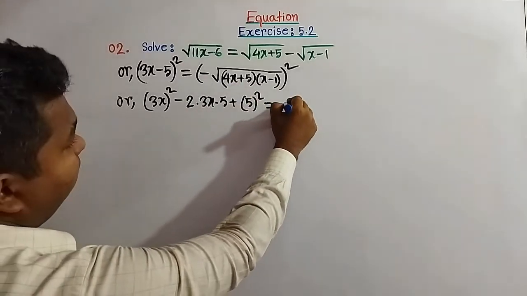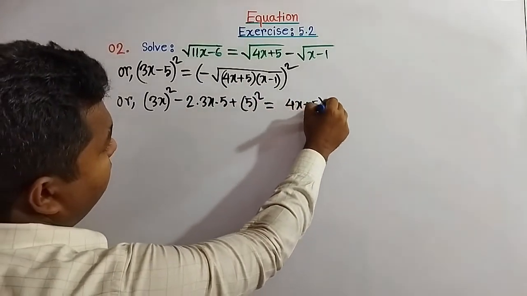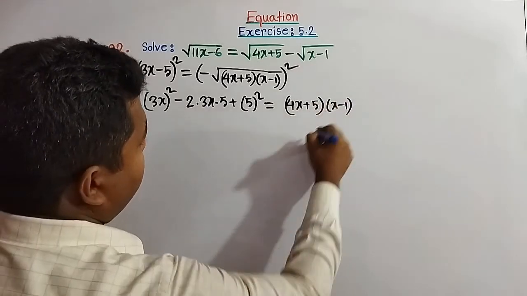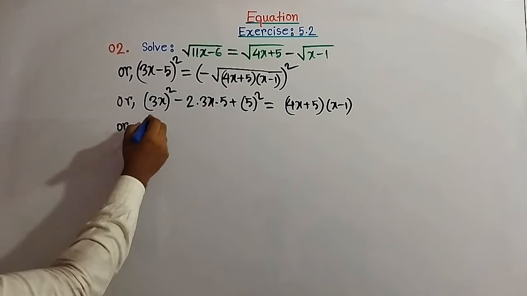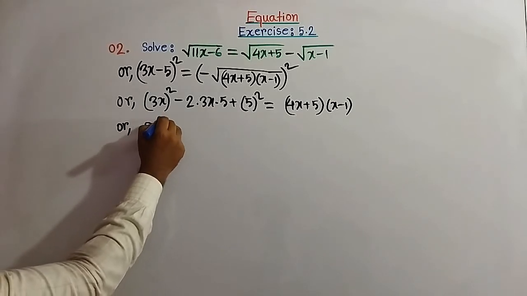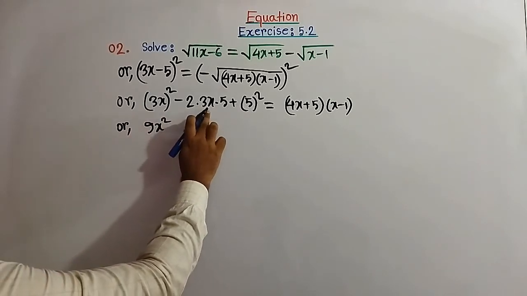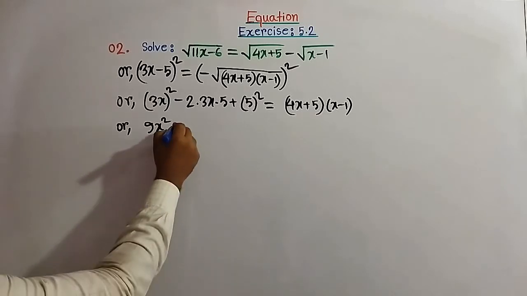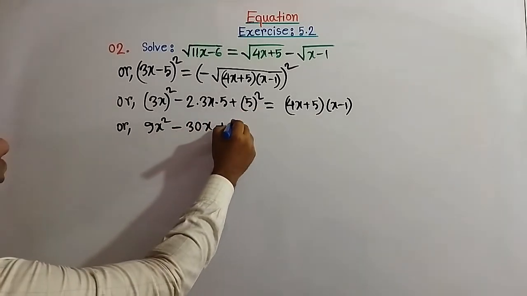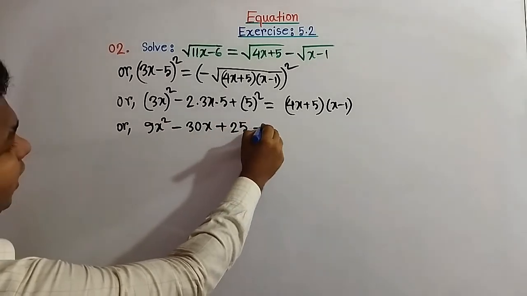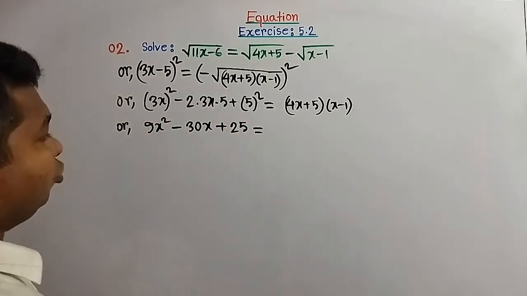So it will become (4x + 5)(x − 1), or here (3x)² equal to 9x², 2 into 3x into 5, that is minus 30x, plus 5², so 25, equal to, multiplying these two factors,